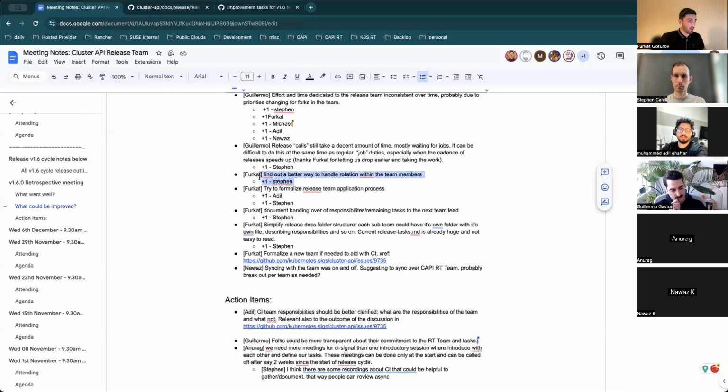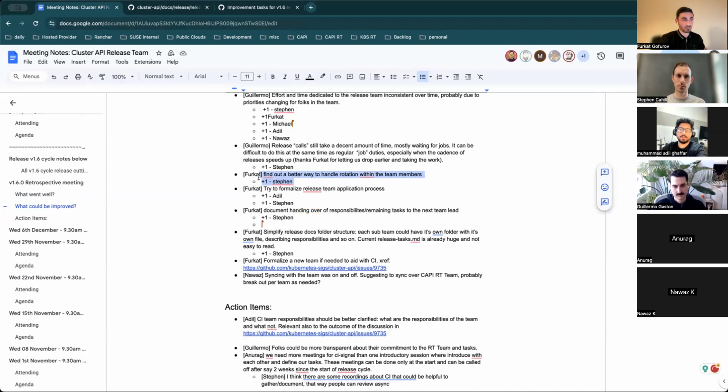So next one is find out a better way to handle rotation within the team members. I think we kind of discussed this. Yeah, so this release cycle probably we didn't do that good with this task, and I'd like to just bring this up here, and I would like to see it being better handled, probably, because what I noticed is probably from the teams, it was